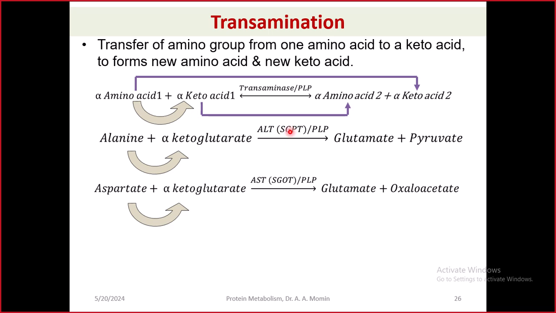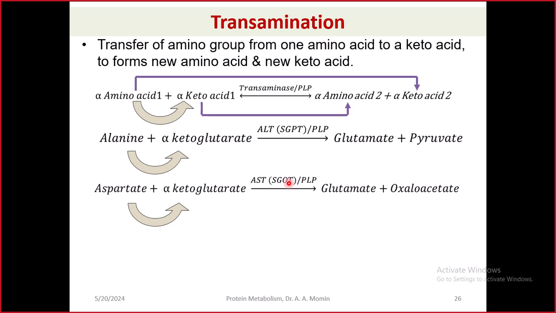By the action of this enzyme, it forms two products. One is G for glutamate, P for pyruvate. As you can see on the right hand side of the reaction, the two products are glutamate and pyruvate. So serum, glutamate, pyruvate, transaminase, the action. Same way, serum, one product is glutamate, G for glutamate, second product is oxaloacetate, O for oxaloacetate, and the action,